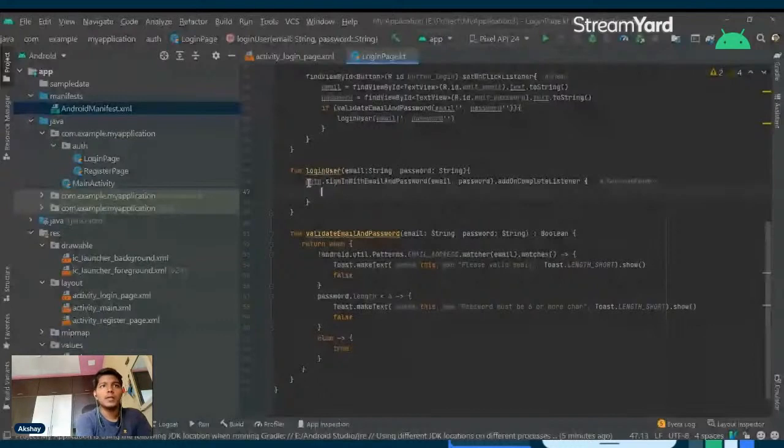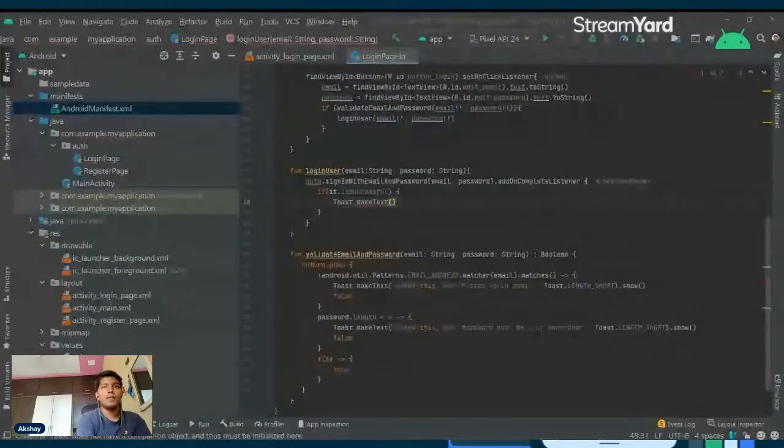Yes, it is. So if it's successful, then only we will allow our user to get into our main activity. We can do that by first showing the user that they successfully logged in, using the toast method, like Toast.makeText, then giving the context, and then we will use the login